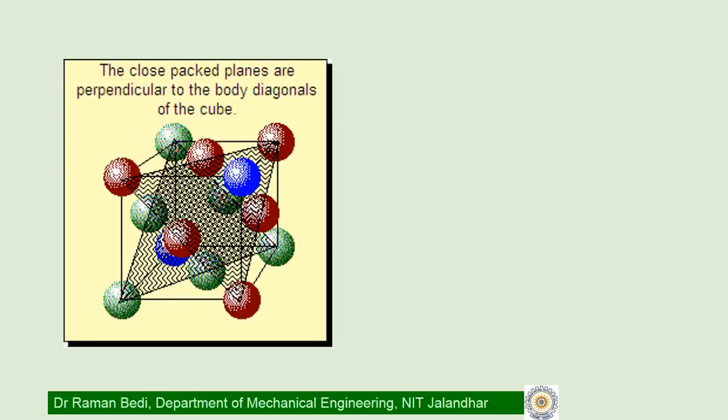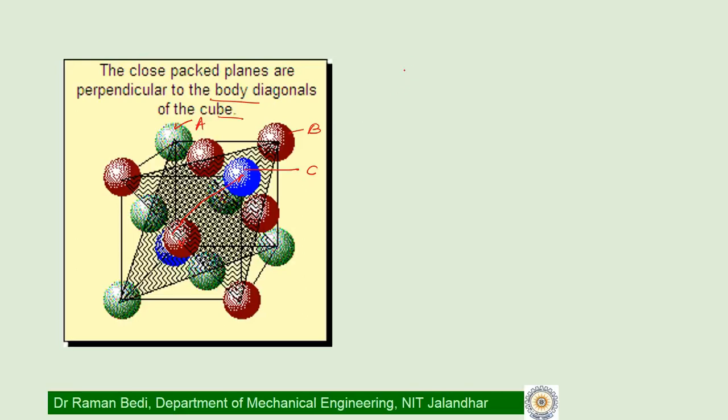The close pack planes, if you remember them as the A set of planes, the B set of planes and the C set of planes, are actually perpendicular to the body diagonal. So we understand that they happen to be perpendicular to the body diagonal here. This will have a large ramification once we go to the discussion about the Miller indices of directions and planes, and then we will refer to the significance of close pack planes.